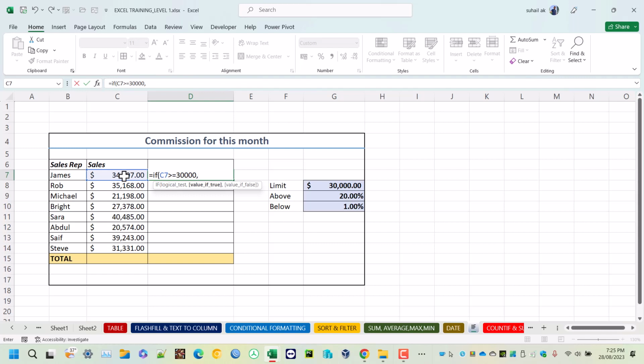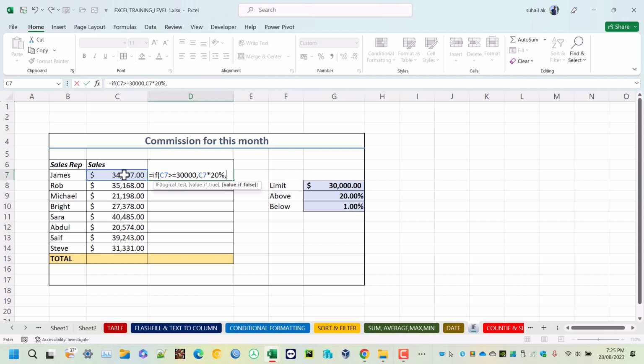The IF function can reply with true or false, and at the same time it can do some calculation or any activity if it is true and also if it is false. So if you think C7, this number, is greater than 30,000, that is true, then pick the same number and multiply by 20%. This is what I did earlier without the function. And I told him, if it is true,